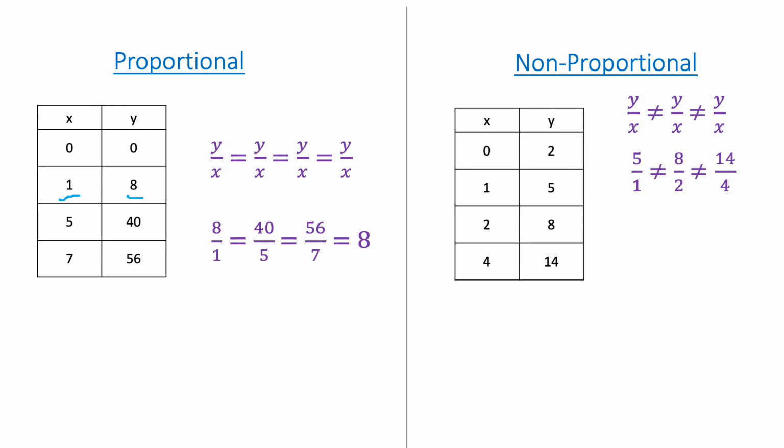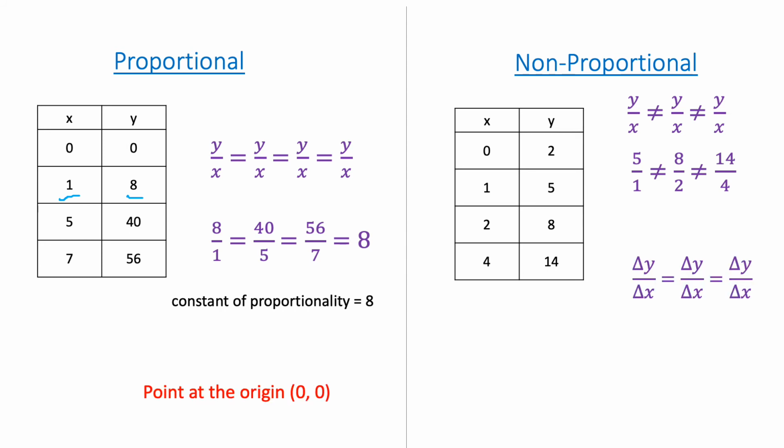On the right side, you'll see a non-proportional relationship does not have this. 5 divided by 1 is 5, but 8 divided by 2 is 4. So a non-proportional table will not have this relationship of y divided by x. However, if you look here, this we call the constant of proportionality on the left, with the point at the origin. If you look at the non-proportional table, you'll see that the change in y over the change in x